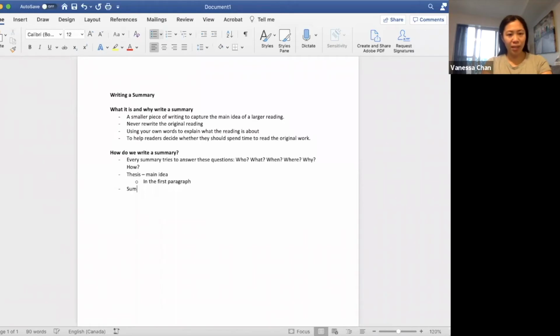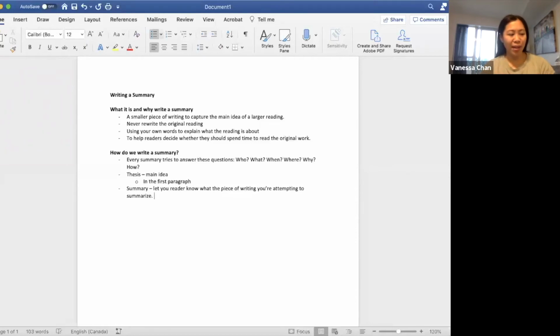Because it's a summary, you need to let your reader know what piece of writing you're attempting to summarize. That means you're definitely going to be summarizing whether it's a novel, a story, an essay, a textbook, something, right? So let the reader know, hey, I'm summarizing